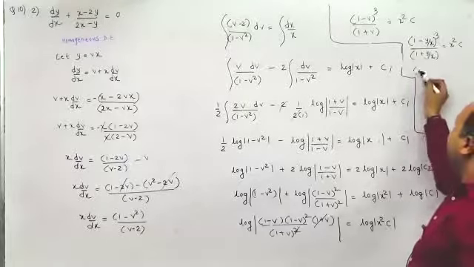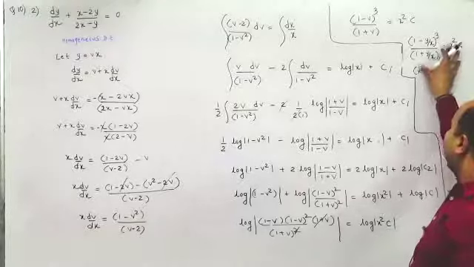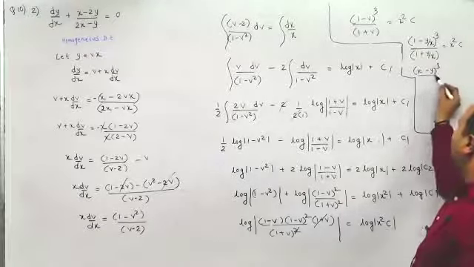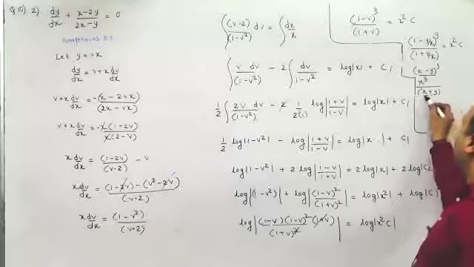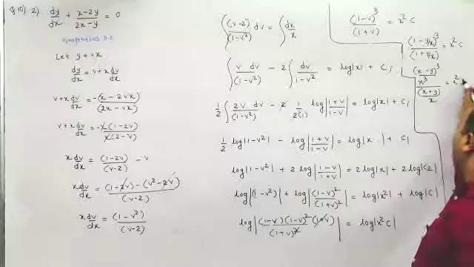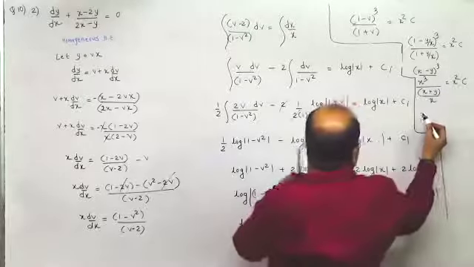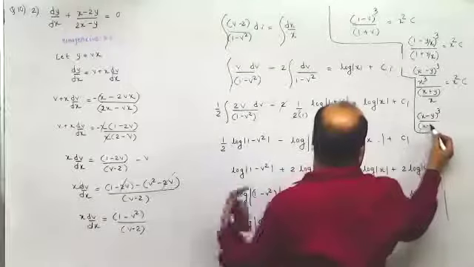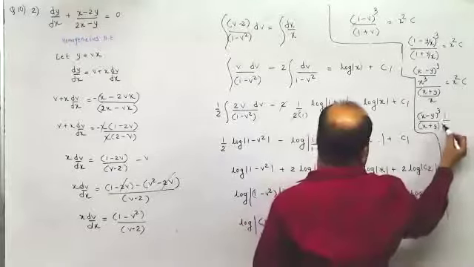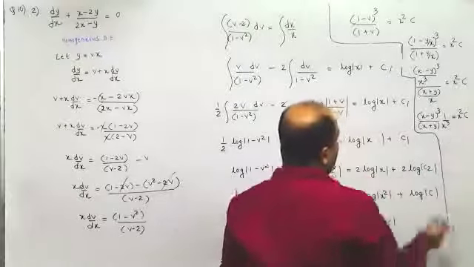This would become (x minus y) the whole cube upon x cube, and here I'll get (x plus y) upon x equal to x square into constant. When I take it up, it would become (x minus y) cube upon (x plus y) into 1 upon x cube equal to x square into constant. This would become...